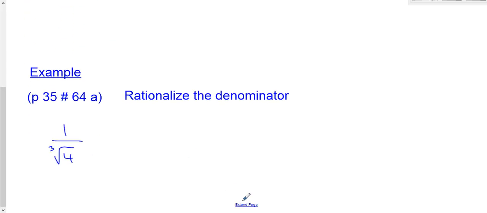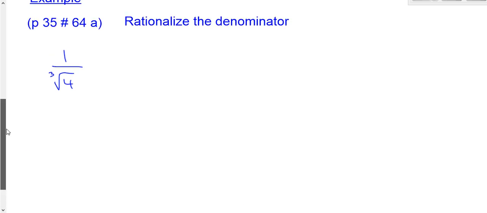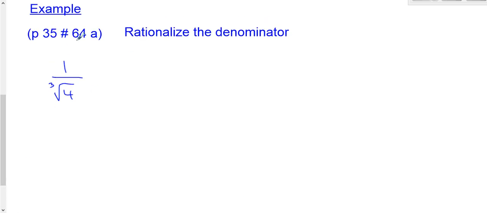And another example of rationalizing the denominator is going to be page 35, problem number 64a. Here I've got the cube root of 4. And 4 actually can be broken down to be 2 times 2, which is 2 squared. So I have 2 of these factors of 2. I need a third. So I can look at this as 1 over the cube root of 2 squared. So I need another 2 in here to make that exponent of 3. So I need the cube root of 2, so that when I put these together, I have 2 squared